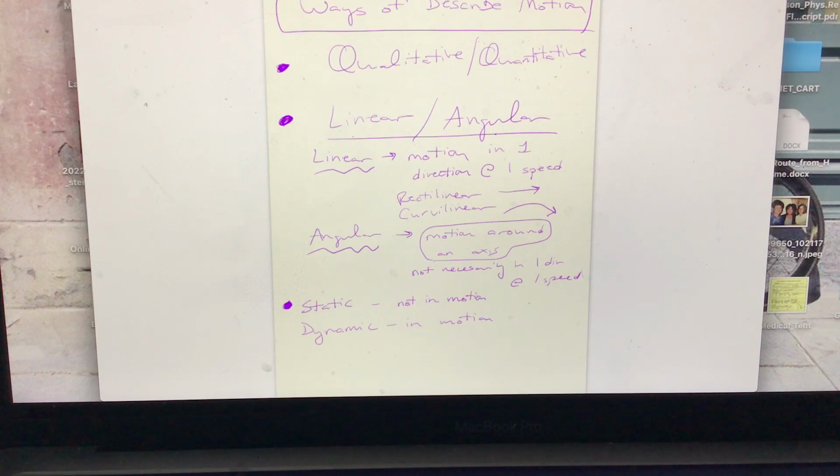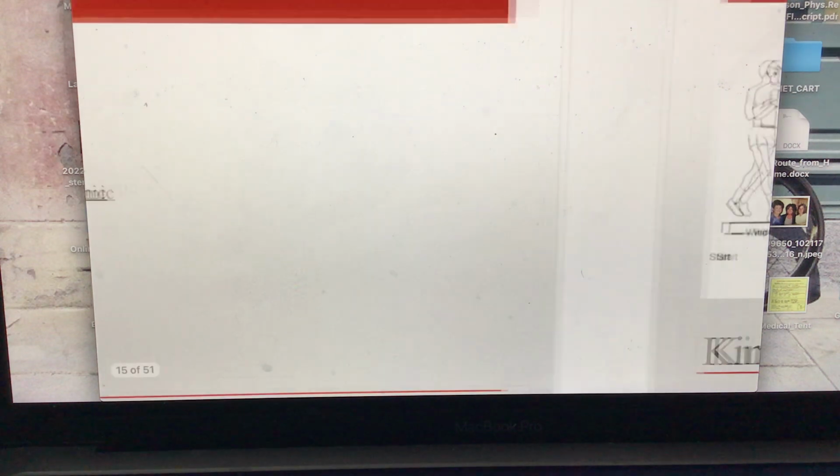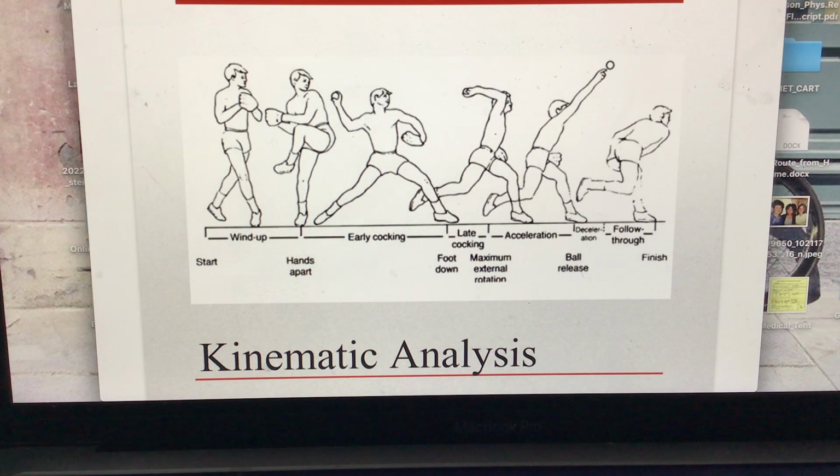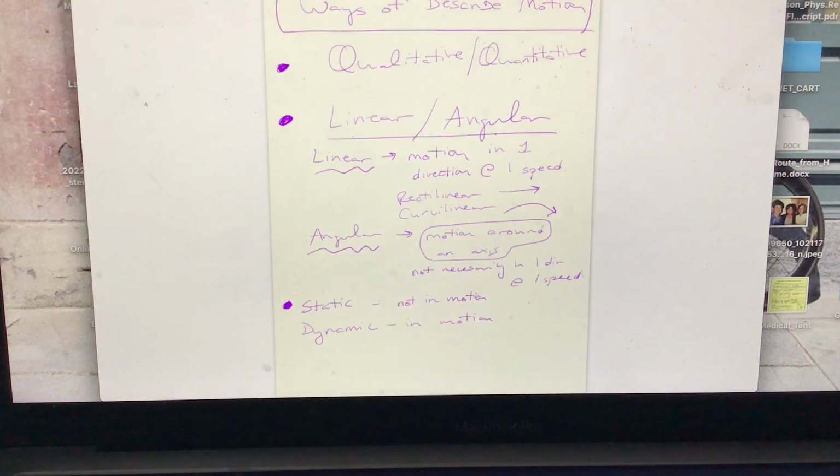Okay, so I want to now go to the other terms. And these other terms are kinematics and kinetics. So once again, we're providing more terms. We did qualitative, quantitative, linear, angular, static, dynamic. When we talk about kinematics versus kinetics,